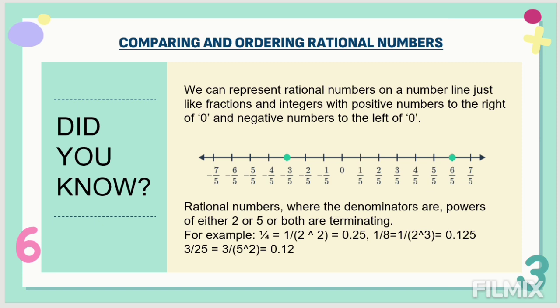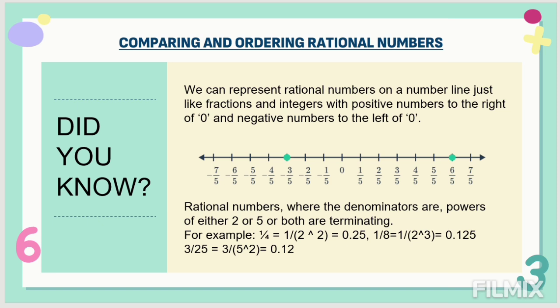So 4 can be written as 2 into 2. What is 1 by 2 into 2? It is 0.25. That is, the value of 1 by 4 is nothing but 0.25, and 0.25 is terminating. See, in the case of 1 by 8, how can 8 be written? As 2 cube, or 2 into 2 into 2. That's how they have written it there. What is the value of 1 by 8? 0.125. Again terminating. Now in the case of 3 by 25, how can 25 be written? 5 square, 5 into 5.